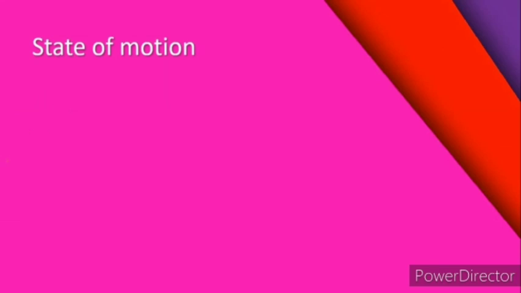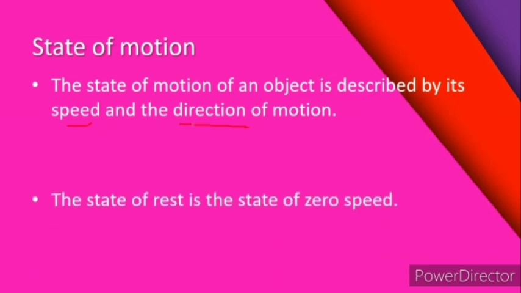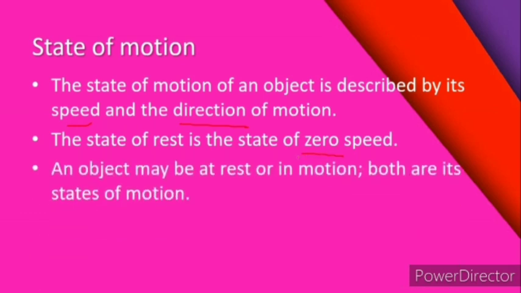Now let us see what is state of motion. The state of motion of an object is described by its speed and the direction of motion. Less speed or more speed, also with its direction of motion. And the state of rest is nothing but the speed will be 0. And any object